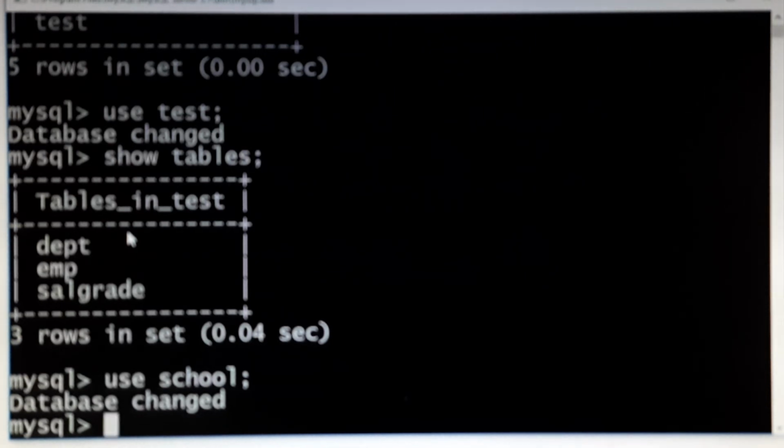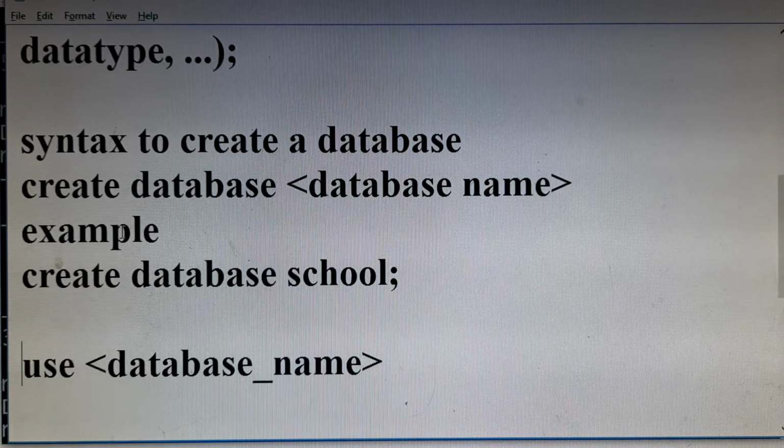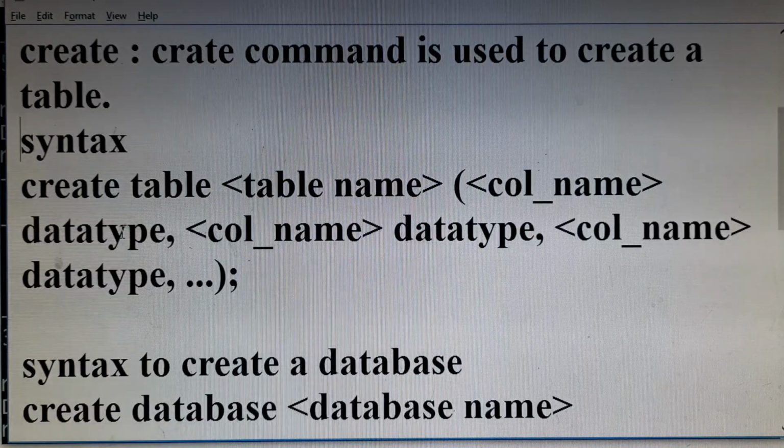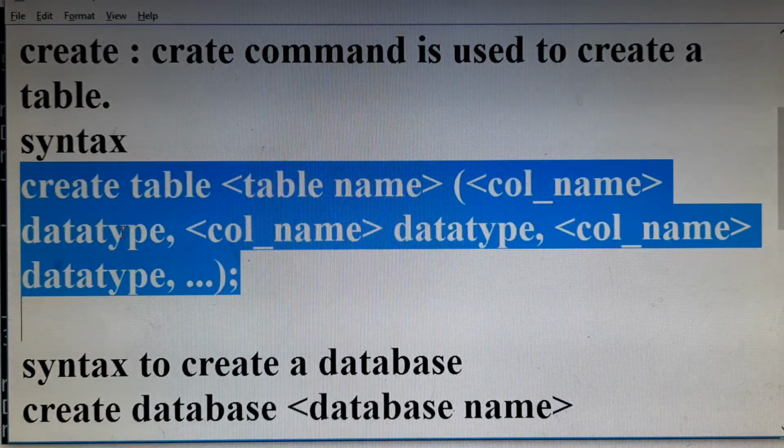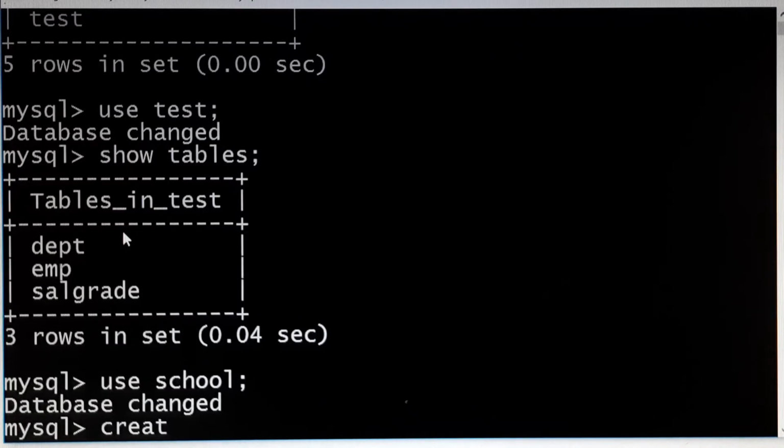So we have already seen the syntax. What is the syntax? Create table name. So here create table student, roll number integer of 3.